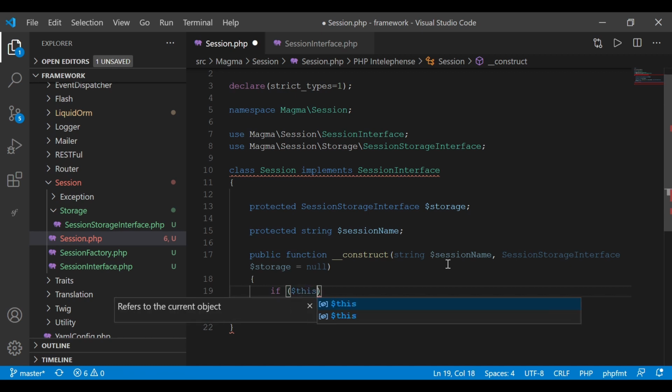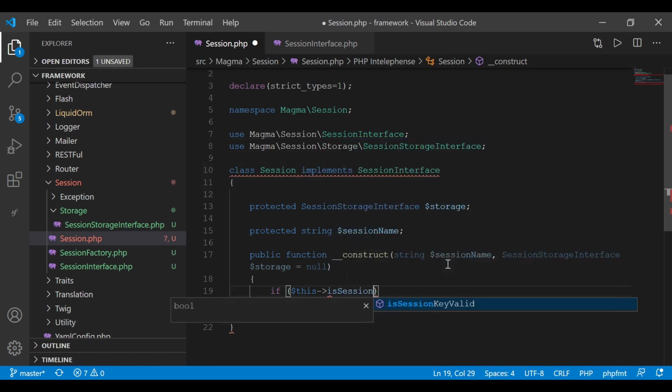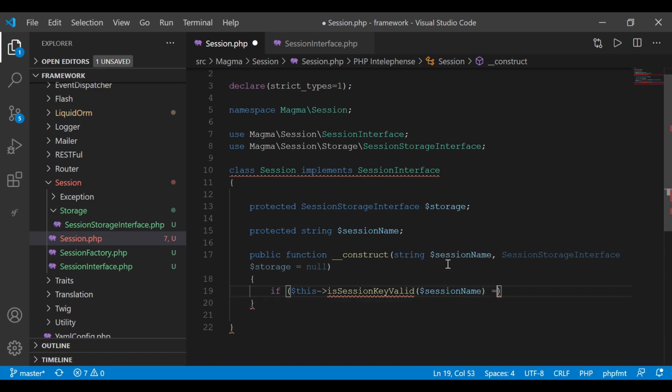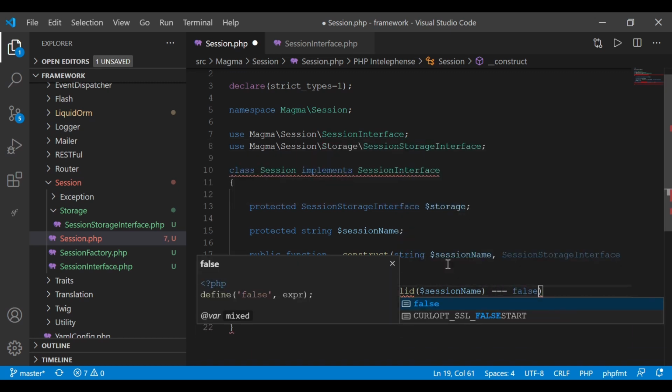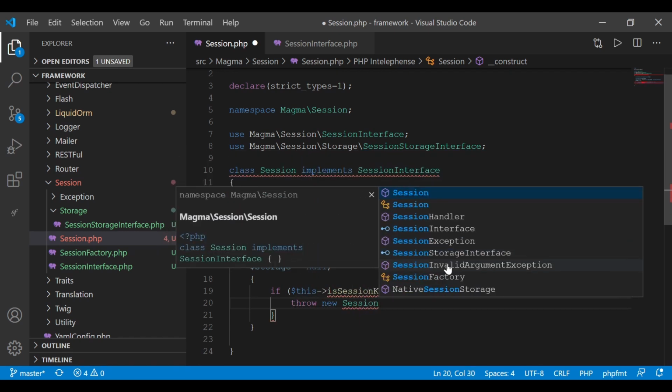I'm going to actually create a private method that's going to do all our checks for us. So I'm going to say isSessionKeyValid, session name, so that if it's not valid, then we're going to throw a new exception,